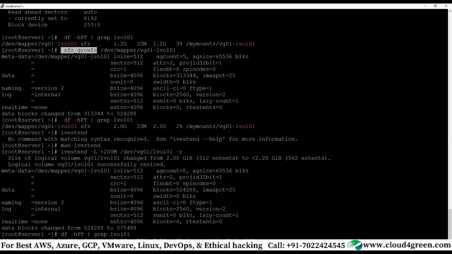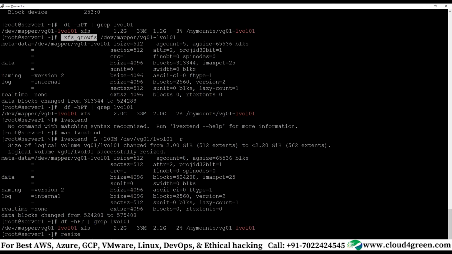There's a command called resize2fs. That is resize2fs. Okay. Resize2fs and give the volume name. But don't use resize2fs with an XFS volume. Okay. It will corrupt it, because you're using a different utility for a different thing. Correct?